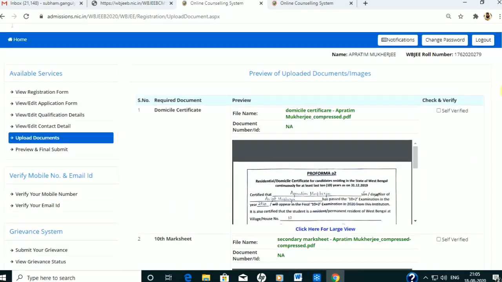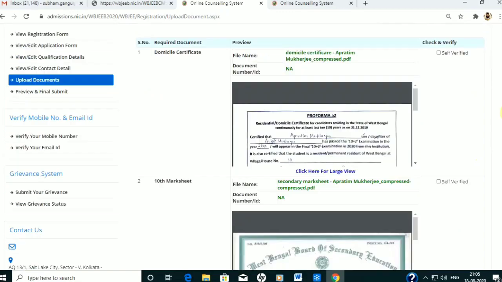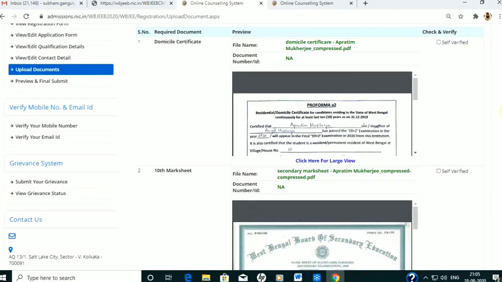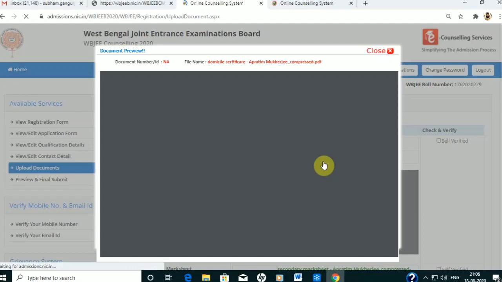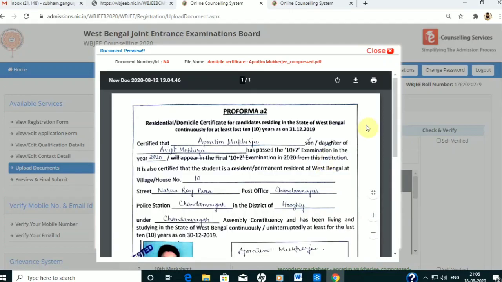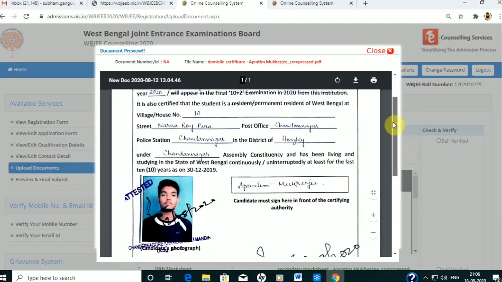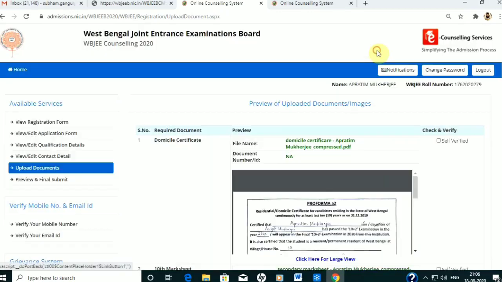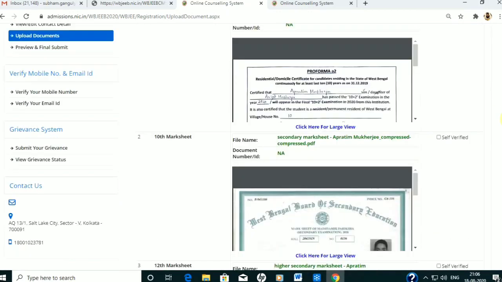Well, so now this is the page that you come up with. Here you can again click for a large view. If you want to double check, you can click this and see whether you have uploaded the right document or not. So this is what you have done. Okay, fine. There is now an option to check it once again.